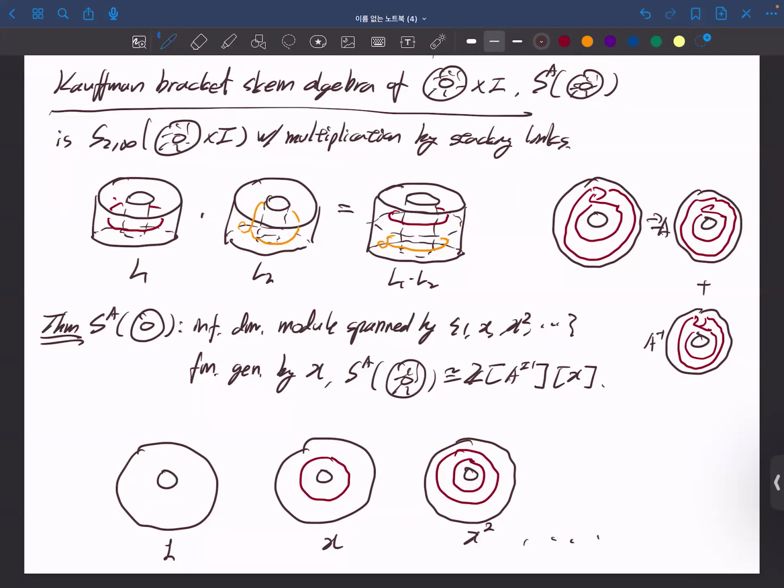And by repeating this operation, in the end, we just obtain linear combinations of such things